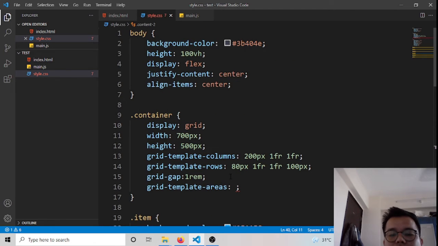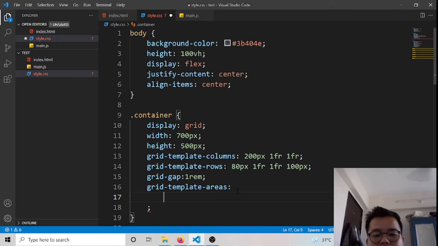And I'm going to create template areas, which should be header, header,